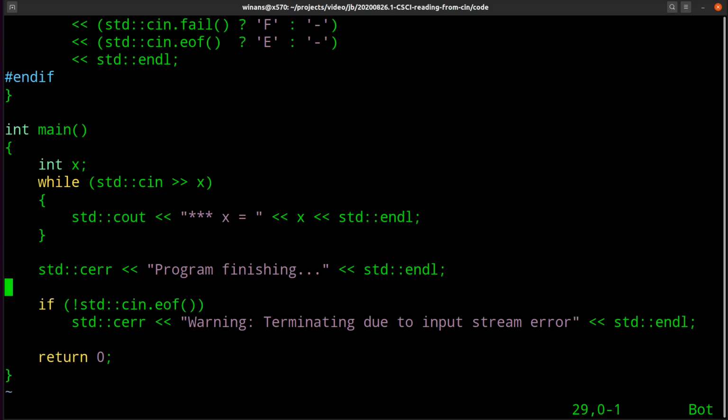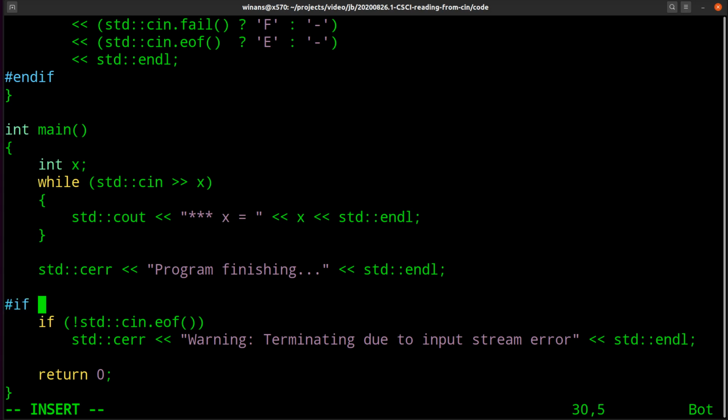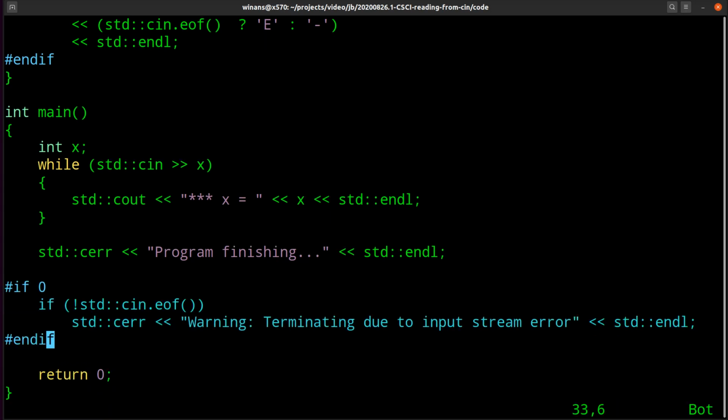You might not even have a finishing message in a normal program, right? But you really should always include some sort of a warning down here at the end, even if your program is not supposed to have one, okay? You should put one in here while you're debugging it. You can always remove it later by putting just a macro around it like this. I tend to leave these things in.